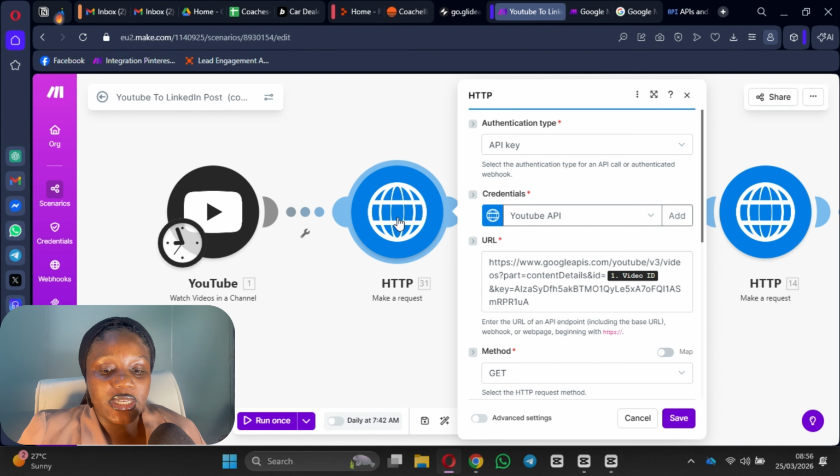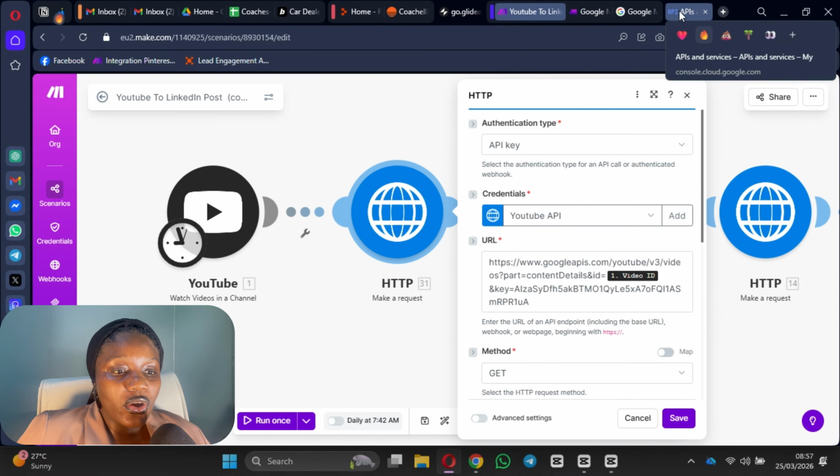So that's why I wanted to be able to determine at the early start point which one is short form and which one is long form, so that immediately I can track the short form content from here before it gets to the part where I start using tokens. So what I did here was to set an API authentication here, and how I was able to get this API was to go to my